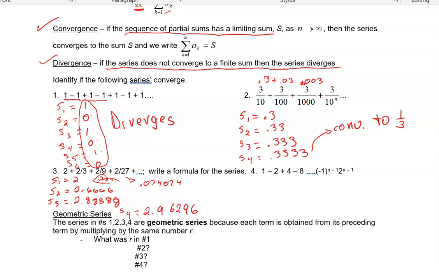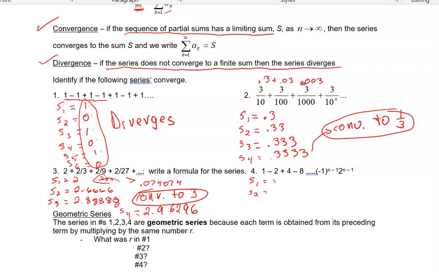What we would hopefully then see is, as we're adding more and more terms, what we should be converging to is a sum of 3. Okay, so this one also converges to 3. This one up here was converging to 1/3. And then the last one here, before we shorten this up a little bit, first sum would have been